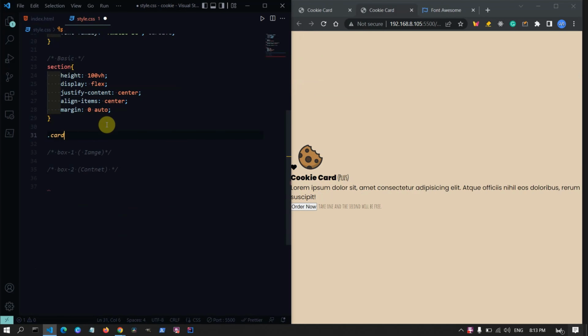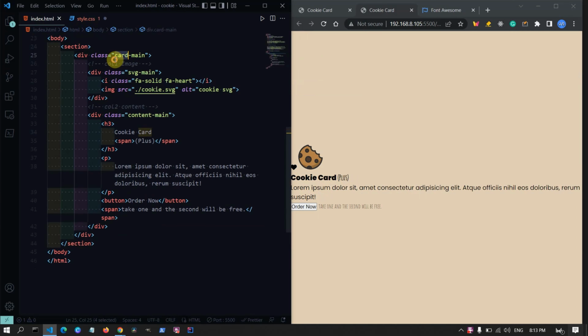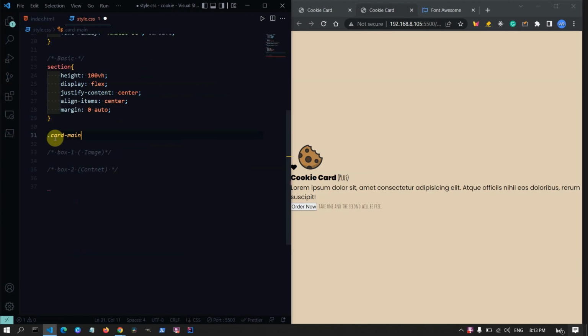Here we have the card main, the container of the card. This one is actually a class. You can copy it, and you can name it whatever you want. Let me add inside of it, firstly, a max width of 400 pixels. And in order to make it responsive for small screens, we will add a width of 100%, or to not be